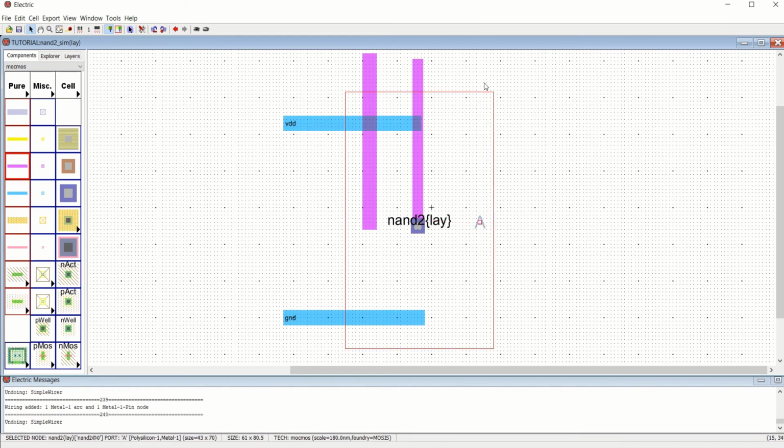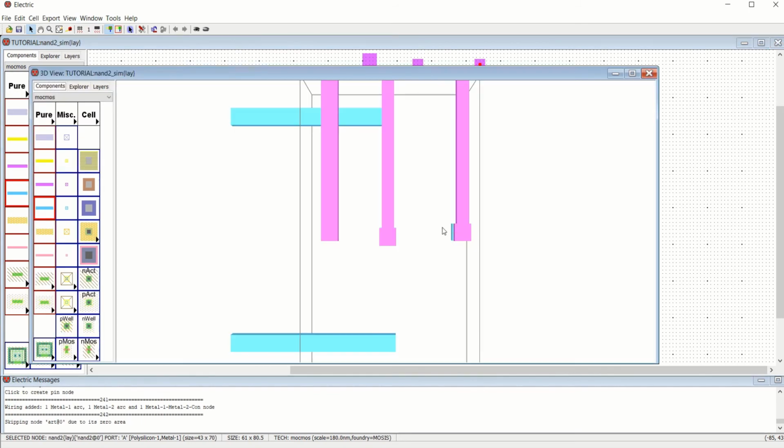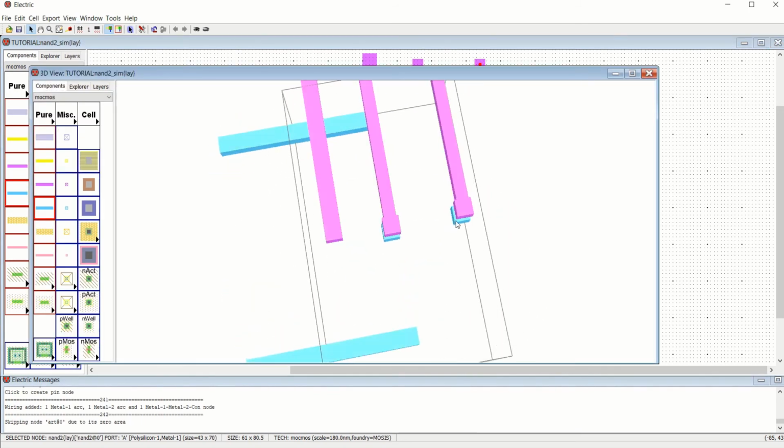It is taking metal 1 as default, so use a metal pin, and from that you can directly hit this so that it gets connected. You can see the 3D view of this by going into the 3D window.